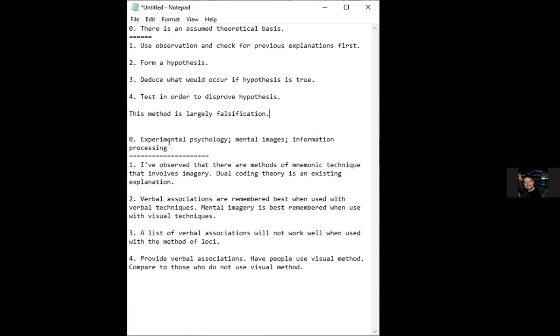So when I'm thinking about something, maybe I have these underlying assumptions, just the way I think about psychology. I think experimental psychology is a valid thing. I can research the minds of other people. There are mental images, we have images in our mind that we visualize. And information processing, a reasoned idea about how the mind works. I had almost assumed that even if I'm doing science, there's some groundwork